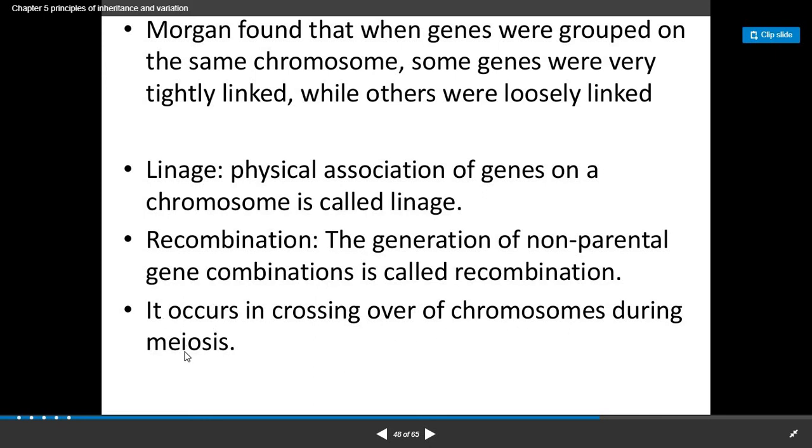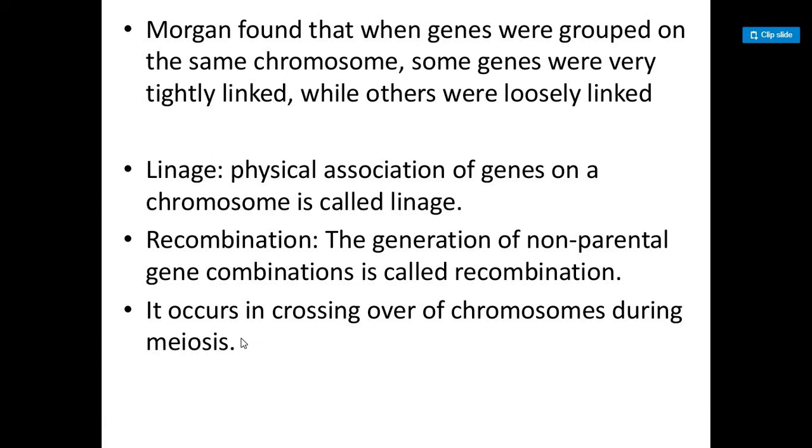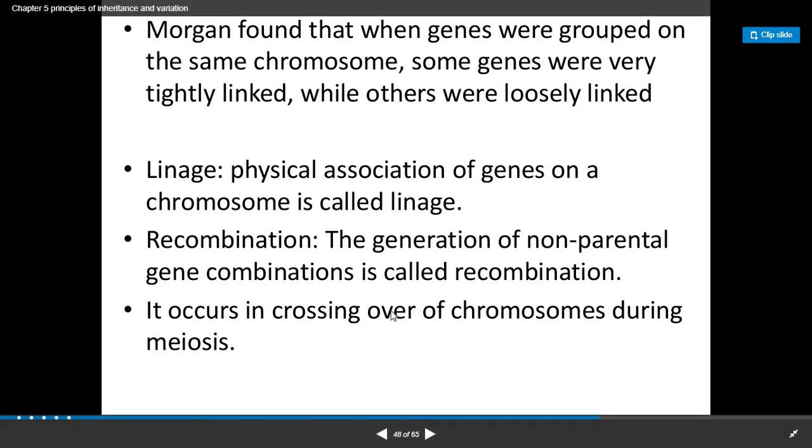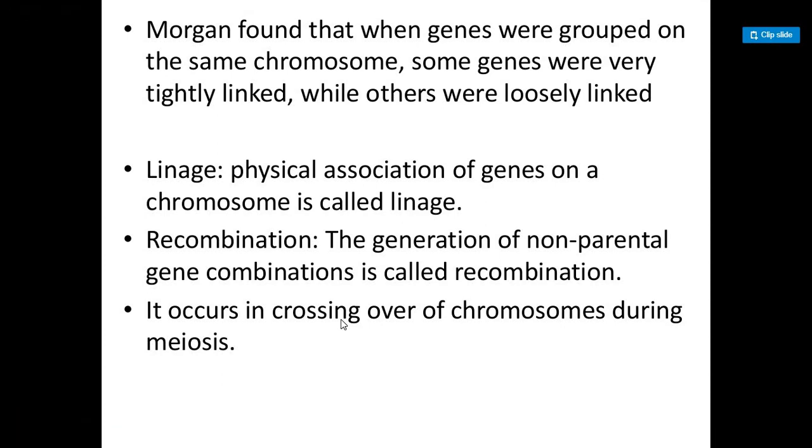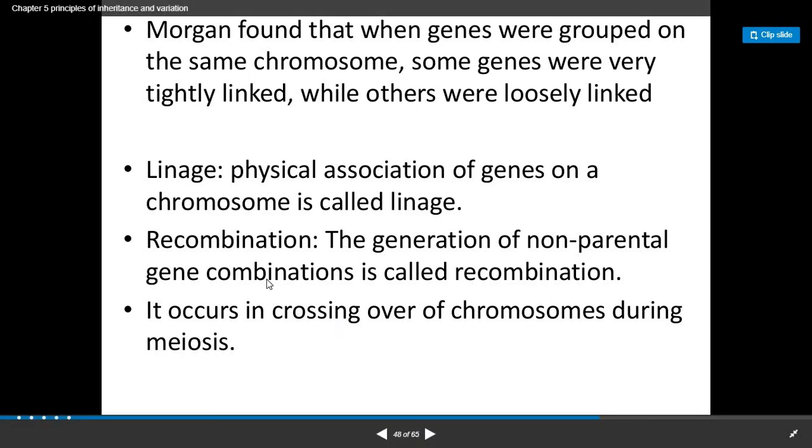Students, we have studied in the 11th standard the different types of meiosis, that is meiosis 1 and meiosis 2. In meiosis 1 we studied the prophase, and within the prophase the different phases. One of those phases is the one in which crossing over occurs. During crossing over, the gene fragments get exchanged, and due to that a new combination of genes results, and that is known as recombination.